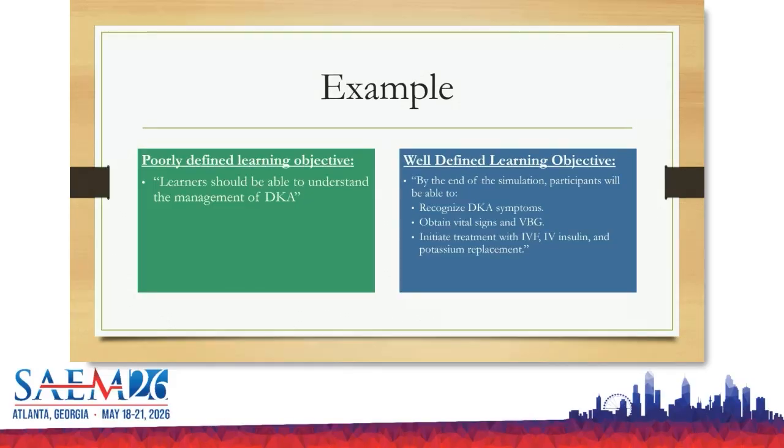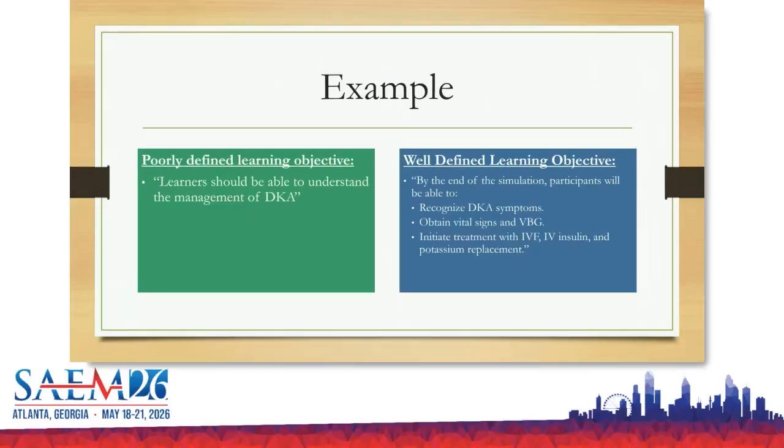So I think, and we listed this as like a poorly defined learning objective, which it is, but I almost think this is sort of like with Kearns, there's the general needs assessment, and then there's the really specific one, right? So the general learning objective is that learners should be able to understand the management of DKA. But okay, that's great, but what part of DKA? Is it that you want them to be able to say, oh, DKA is due to diabetes, and you have to give them lots of fluids and like insulin, and they go to the ICU in some places. Okay, cool. But what specifically about this?